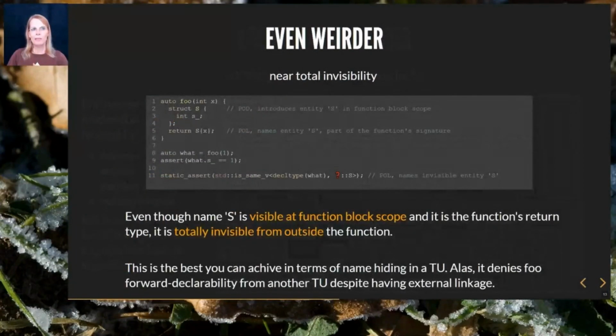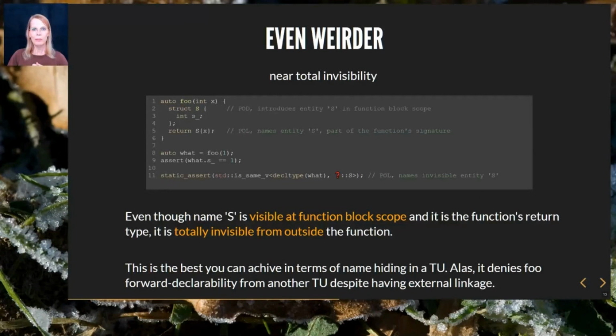And it can be even weirder than that. We can define classes within a function body that returns instances of these classes by return type deduction, without even mentioning the name in the declaration of the function.